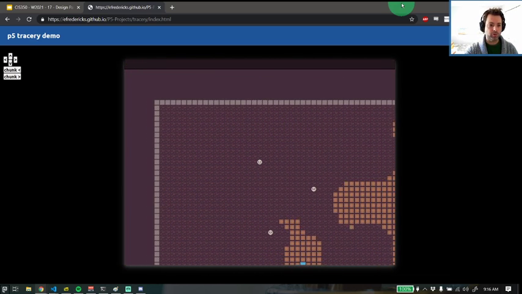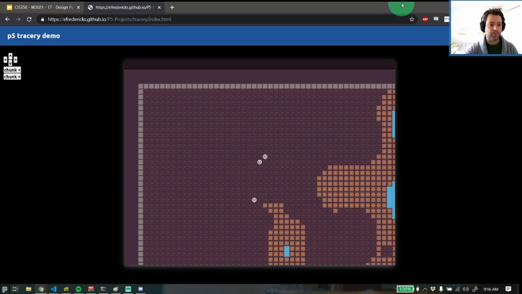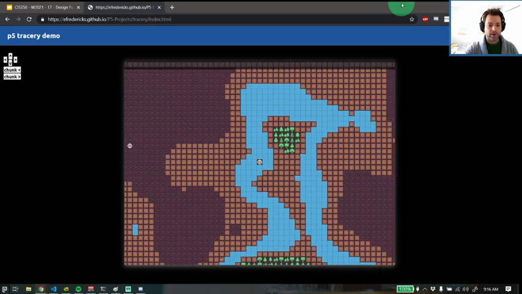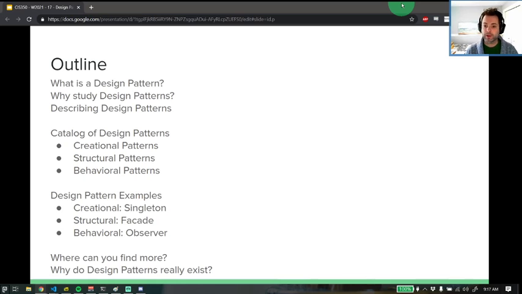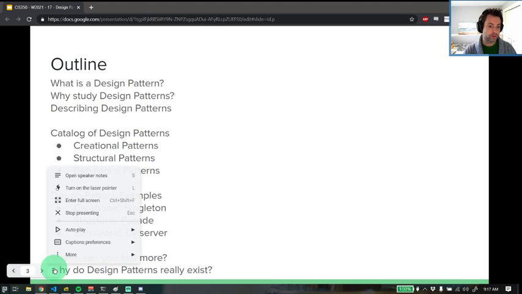Maybe I just want to do a cave generation type of thing. Kind of the point is that, if I were to want to swap out an algorithm, I would use a particular design pattern for that. So there is something called the strategy pattern, which exists for literally swapping out algorithms at runtime.